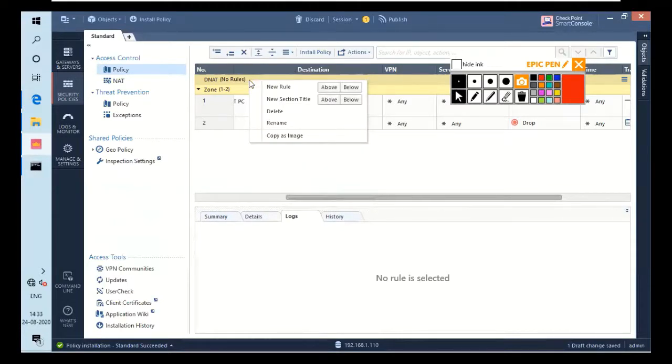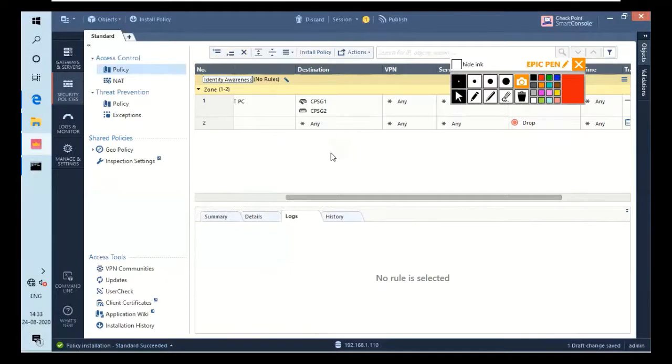Let's rename it. It's better to rename it rather than delete it. I will rename it to identity awareness, and that's cool, I guess. So as you can see, identity awareness is up, and we have to add a rule.